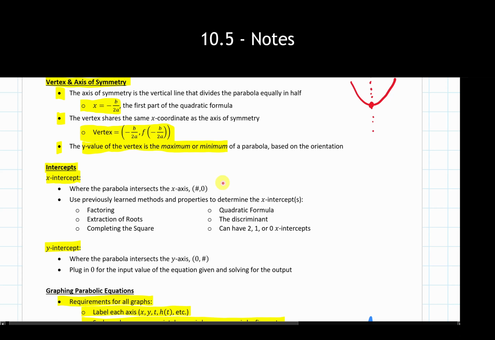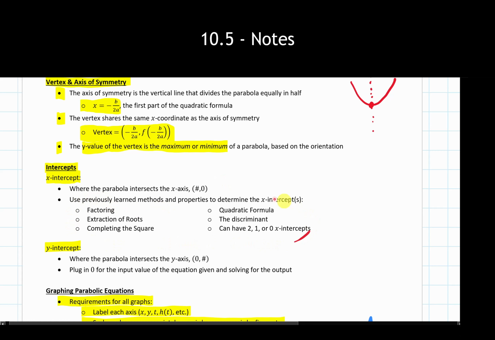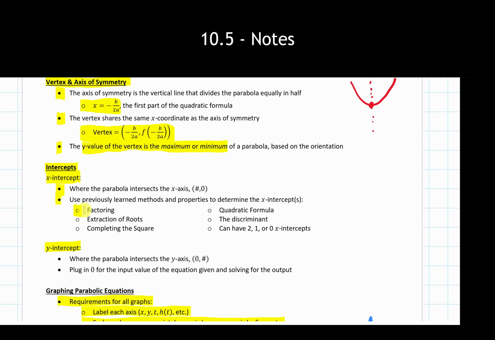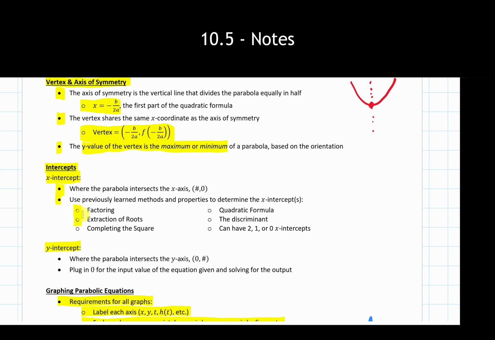Now the way we can go through and solve for this thing is we have a lot of options at our disposal, and they are all listed right down here. These are all things that we have covered previously, so all of them are fair game. I do think it's a good practice to start with trying to factor the equation that's been given to you. If that is possible, that could make life really easy to find the x-intercept or x-intercepts. If we have something written in vertex form, then I think extraction of roots is very quick and gets us to our answer in no time at all.